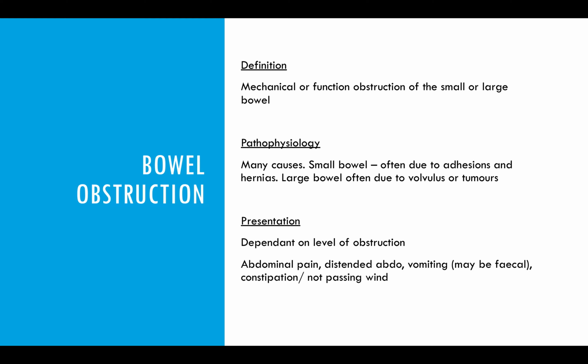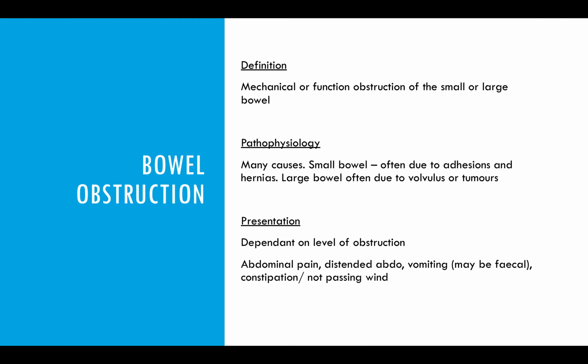Now, bowel obstructions. So obviously a bowel obstruction is a mechanical or functional obstruction of the small or large bowel. That's quite straightforward. There are obviously many different causes. Now, small bowel obstructions are often due to adhesions. As I was talking about before, previous abdominal surgery is really important because adhesions are very common in anyone who's had any sort of abdominal intervention, particularly people who had abdominal intervention years ago,